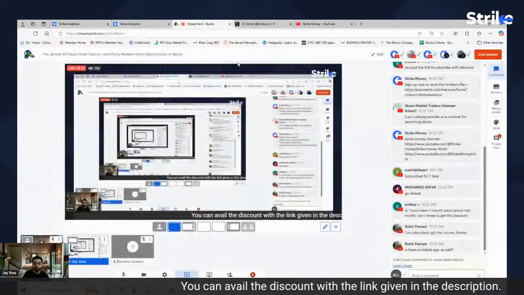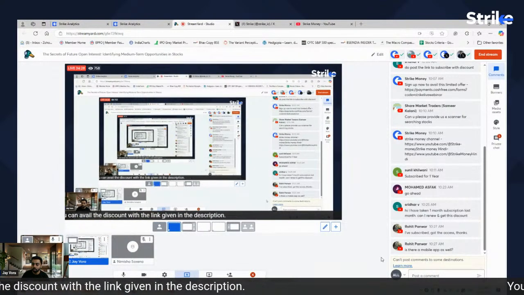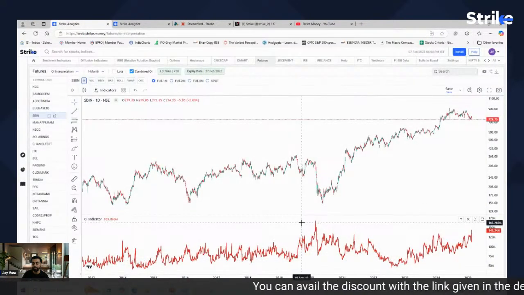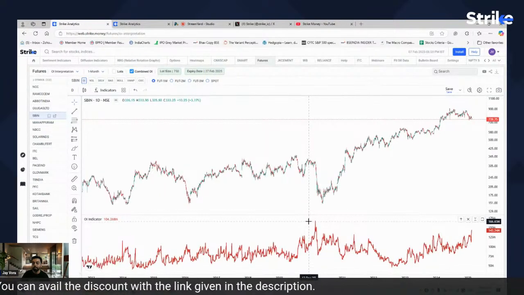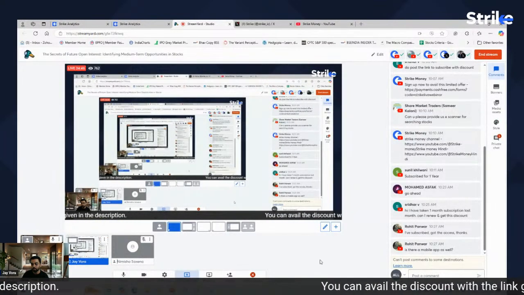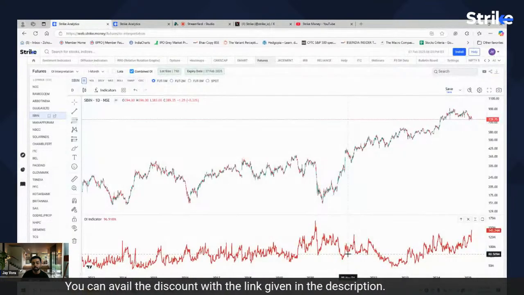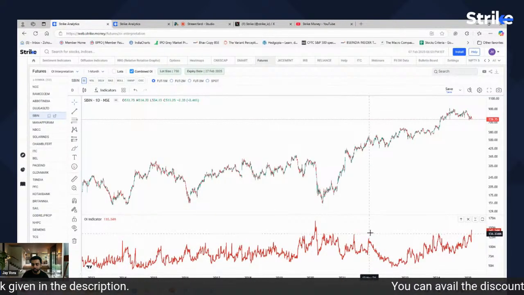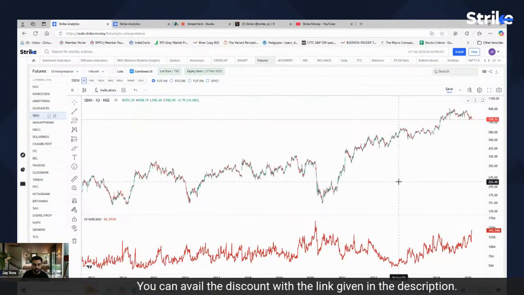So let me just pause over here and see. Yeah, so Rohit Panwar asks, is there a mobile app for this? No, not at this point of time, and we don't actually intend to build an app in the near term, but there will be a browser version on mobile for Strike soon. We are working on that, but you can expect that. As of now, for the best experience, you can check it on the desktop or on the iPad. So desktop, laptop, or iPad is where it is working well right now.